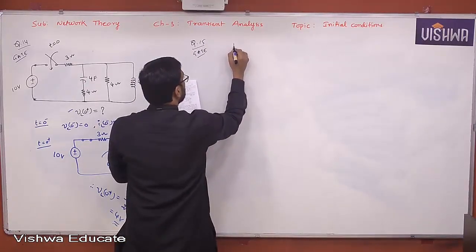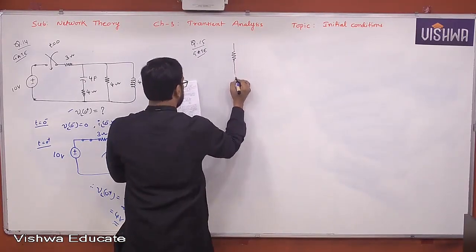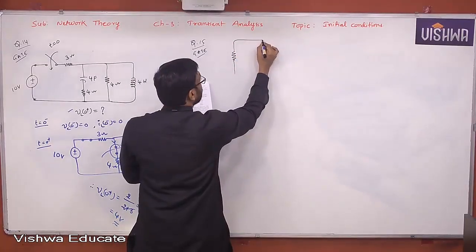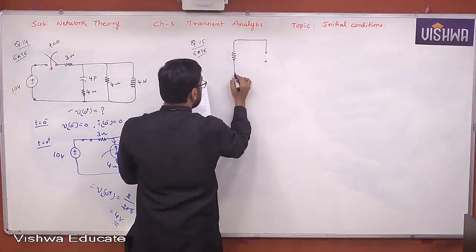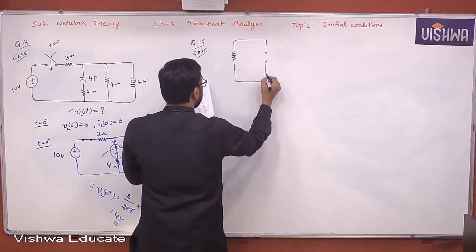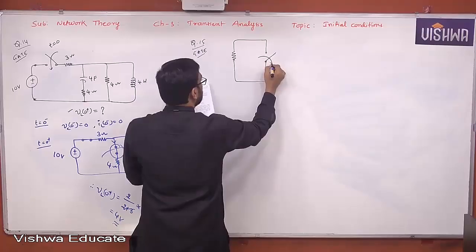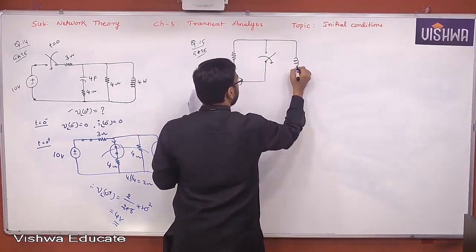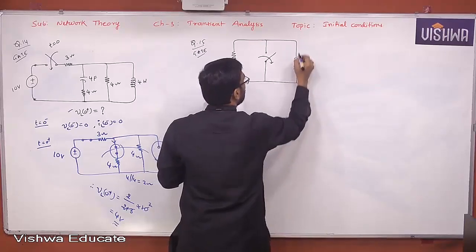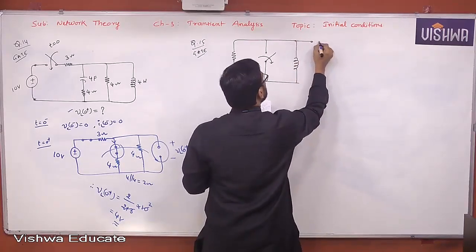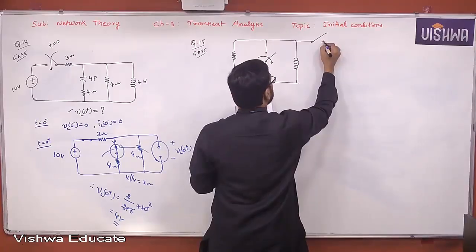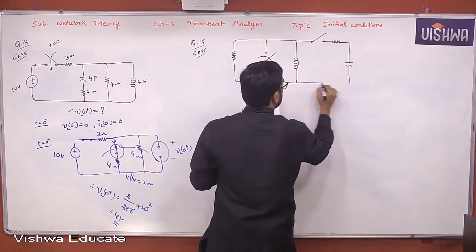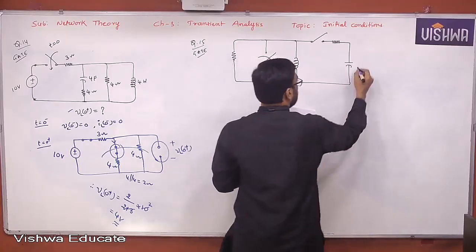Now it's very clear from the data given that the inductor and the capacitor both are charged. Okay, both are charged. Charged inductor, charged capacitor. This is a very, very interesting point to be observed. They are charged outside and kept inside the circuit. Therefore, they are called charged inductor, charged capacitor. This is 10 volts,